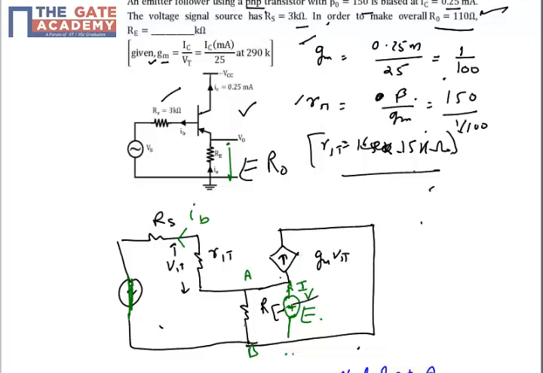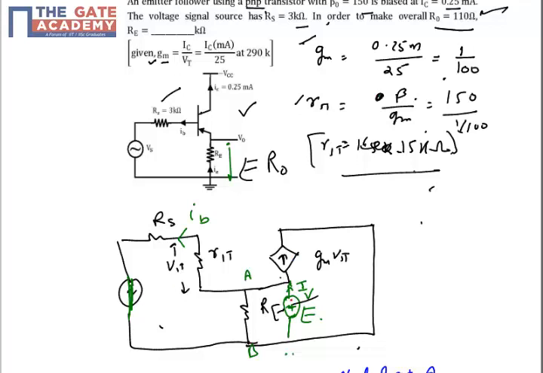Then after that we need to calculate the output resistance. For the calculation of any equivalent resistance, we know that we short circuit the independent voltage source and open circuit the independent current source. We don't have any independent current source here. Dependent current sources or dependent voltage sources we don't touch. So we have only an independent voltage source, and that's why we have short circuited it.